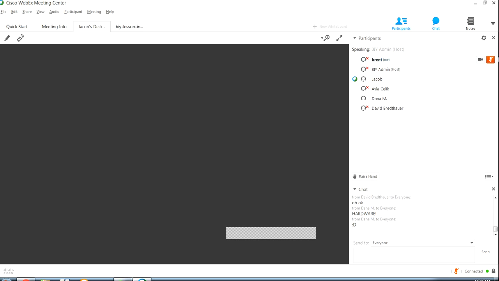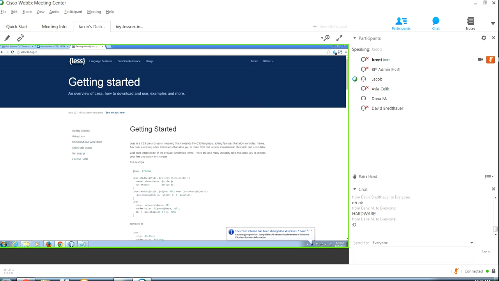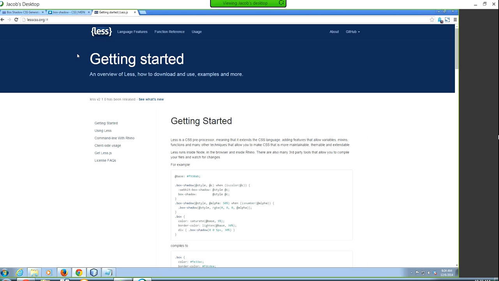we've been looking at Less. Less is a language for writing styles for web pages, much like CSS. Less has a few cool tricks, cool features that just vanilla CSS doesn't have. And so we've been starting to look at the things that Less can do, and the way we've been doing this is we've learned a new trick in Less,